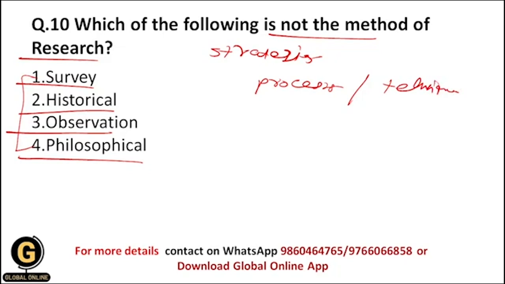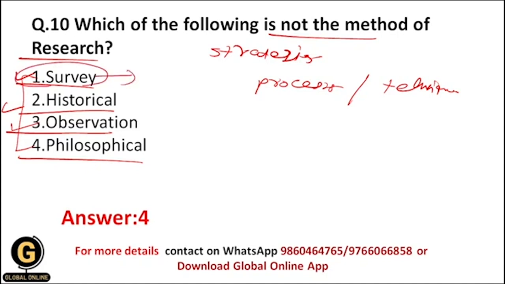that are being utilized to collect data or evidence so as to reveal new information or create a better understanding of a topic. And that's why, whenever we see this concept of method of research, you will understand that survey is a method of research, historical is again a method of research, observation is again a method of research, but philosophical is not a method of research. And that's why your correct answer should be 4,